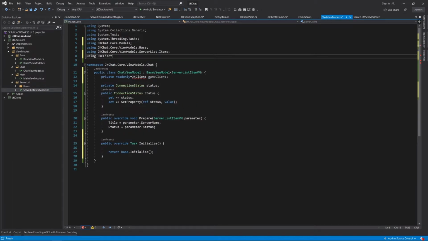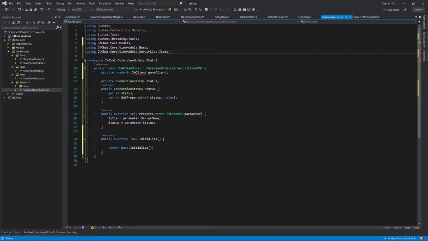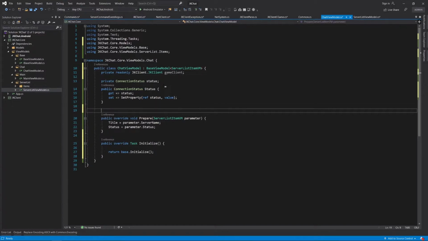Okay. It just thinks JK client is a namespace, but actually it's just named the same as the namespace, so it has some conflicts. And let's then initialize that